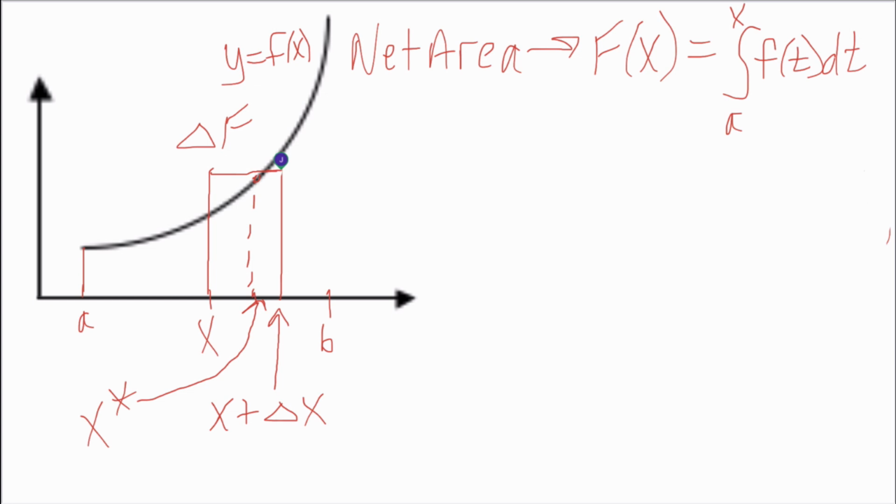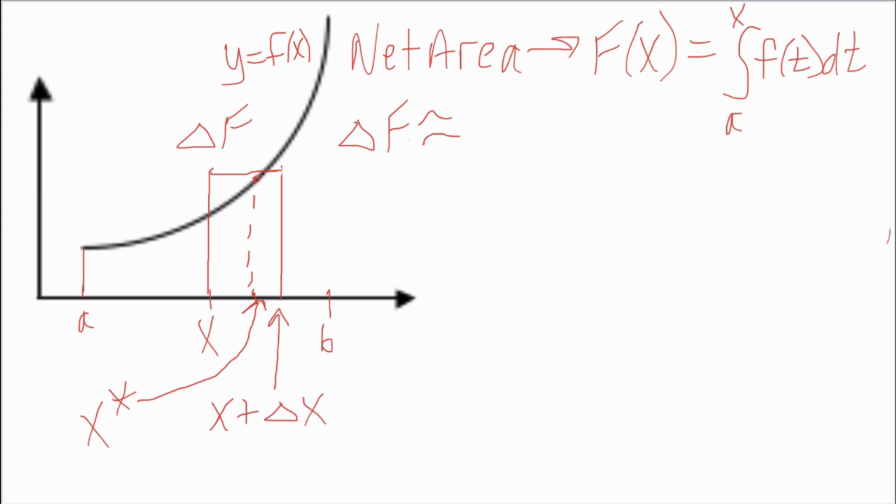That's not too shabby. So I'm going to approximate the actual change delta f with the area of that rectangle. Okay, so we're going to approximate delta f with the area of that rectangle. The reason why we love using rectangles is because finding their area is a very simple thing. The area of a rectangle, which is going to approximate delta f, so I should put not equal to, but approximately equal to,